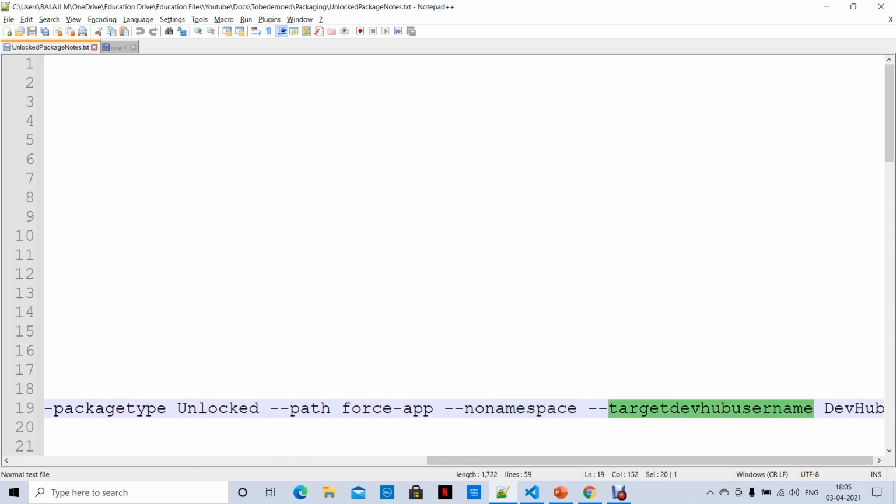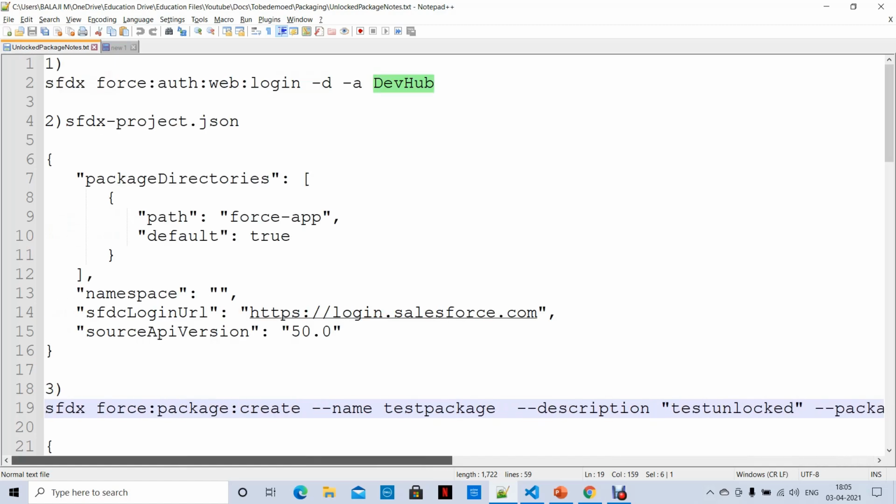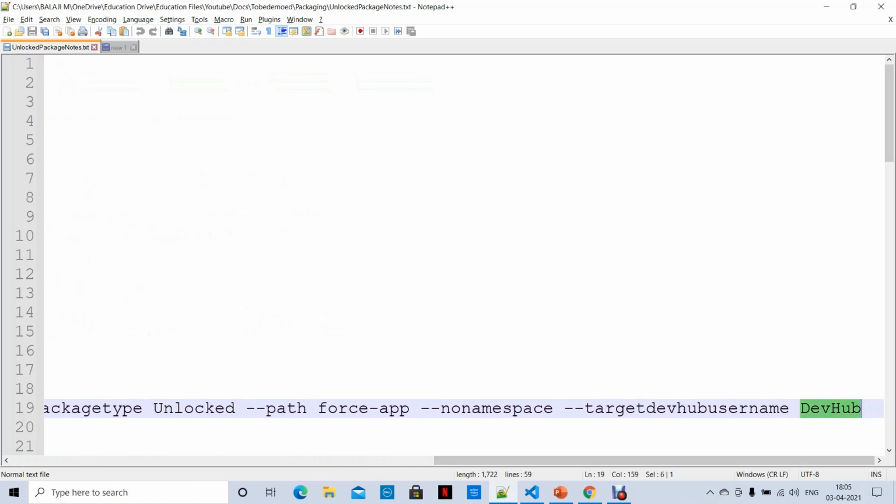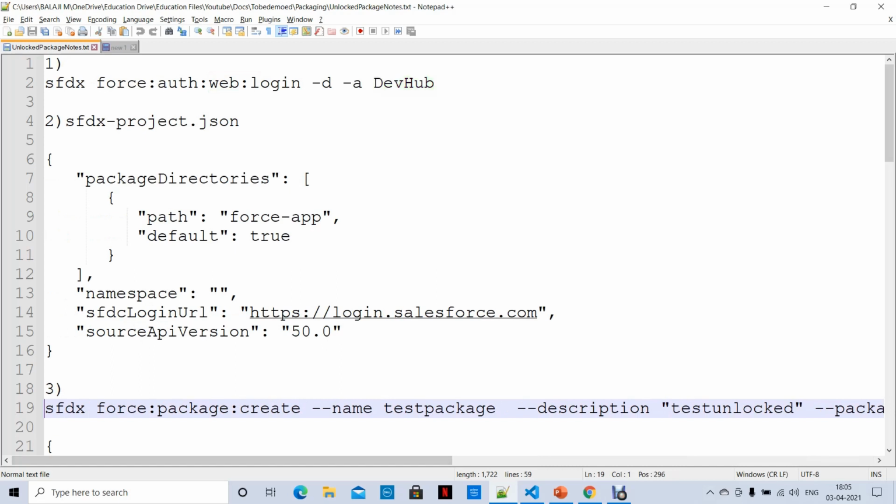Target devhub username. Our devhub username is alias, right? Alias I created devhub. You can use your username also here. Okay, but it should be the org where you enable devhub and unlocked packages. Okay, so now I'm creating test unlocked.